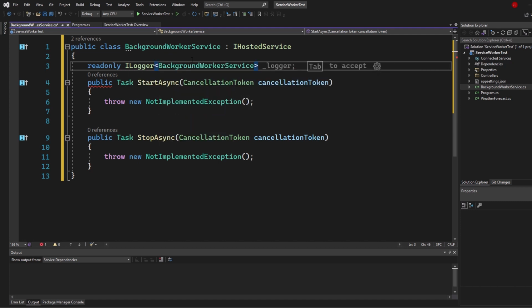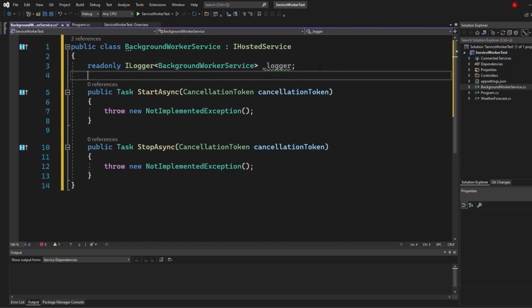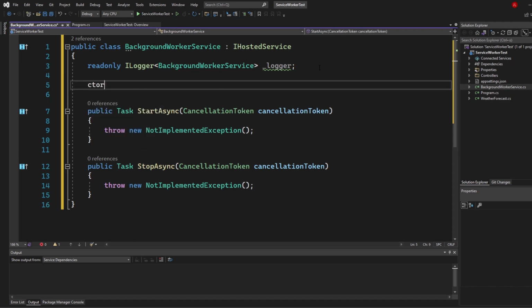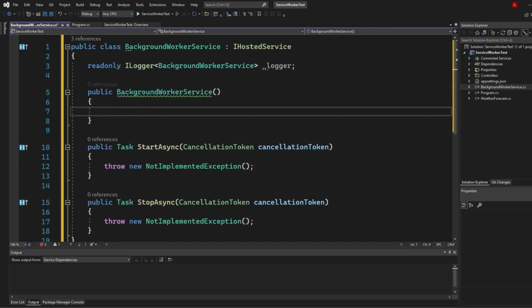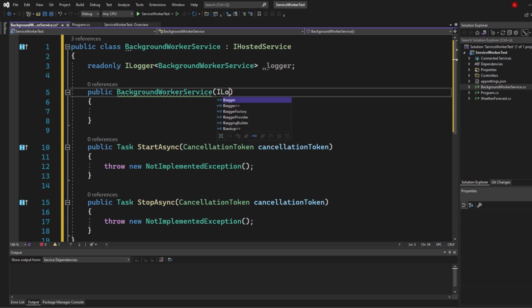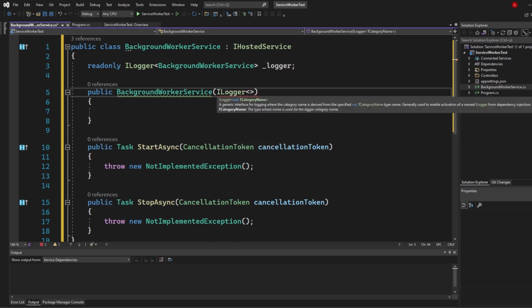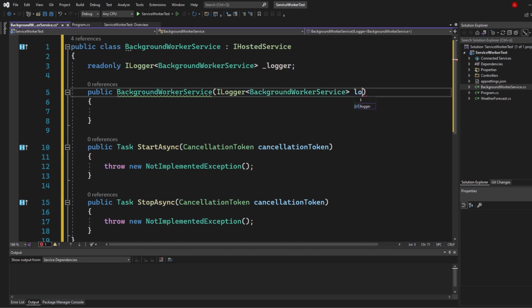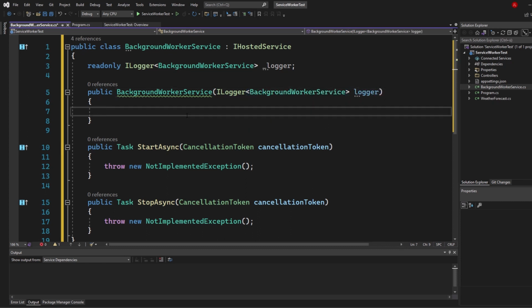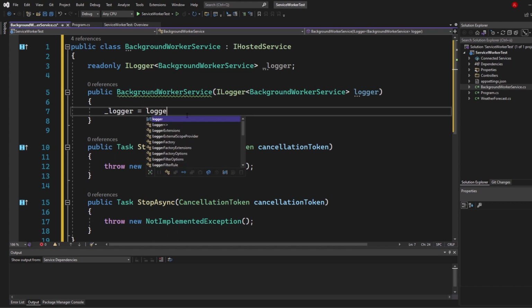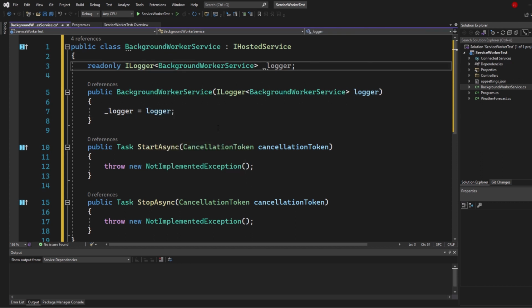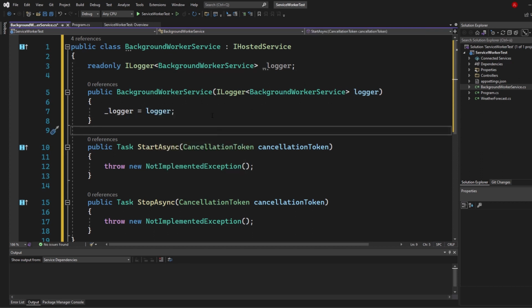And let's simply call it logger as suggested. We can add an underscore here. And then we need to have a constructor. So simply write down ctor, hit tab. There we got our background worker service. And for sure it takes an ILogger from the dependency injection of type BackgroundWorkerService. Let's call it logger and let's assign it here. So _logger equals logger. All right, so this is just so that we are able to log something to validate that our service is